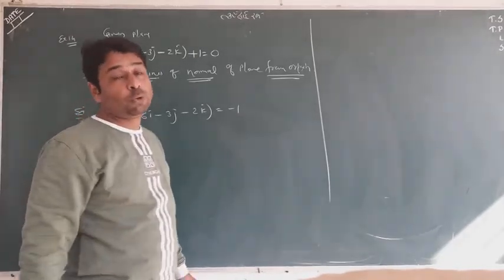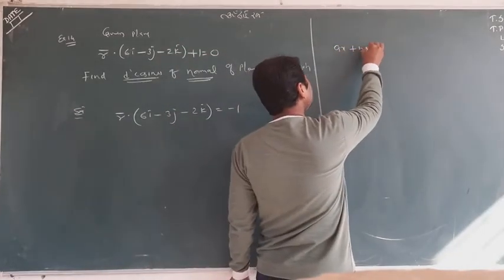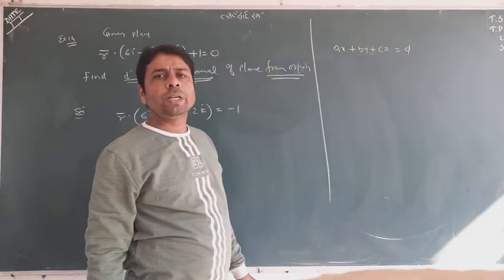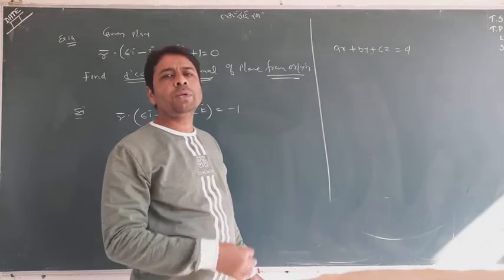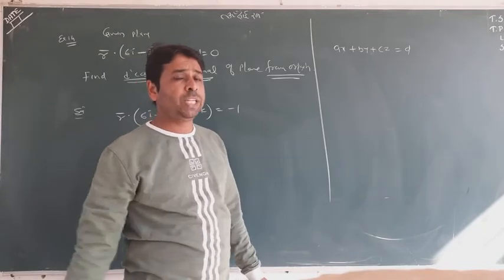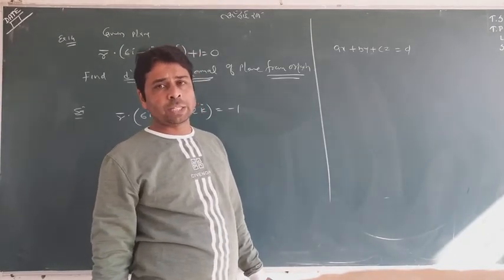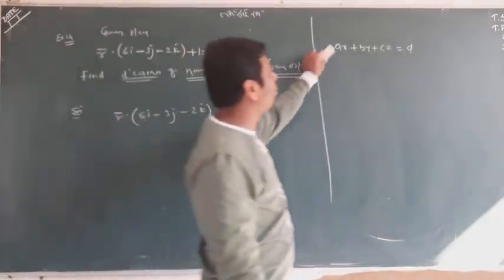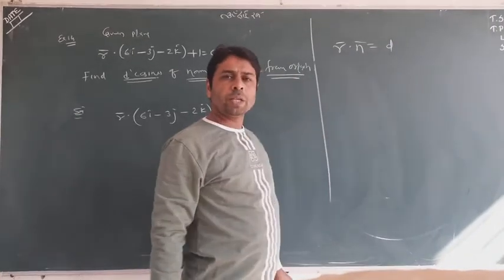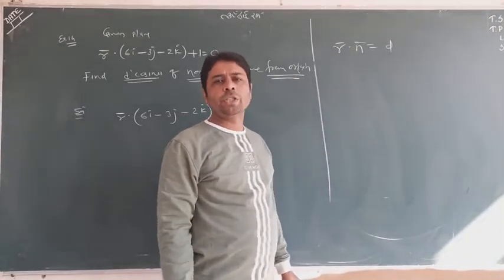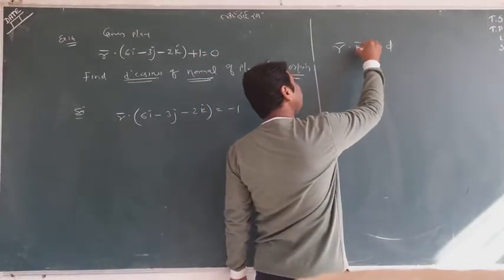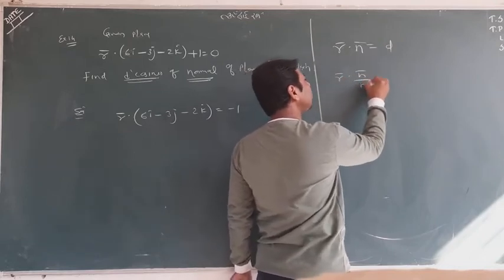The thing which I want to tell you: when ax plus by plus cz equal to d was there, it is a Cartesian equation in general form. How could we convert that to normal form? We divided by root over a square plus b square plus c square. But this was the procedure of the Cartesian concept. But this is now vector form. So let me tell you, if you have r dot n equal to d, this is only the vector equation in general form, and you want to convert it to normal form. What will you do? You have to make it n cap now. So you divide by the magnitude of n on both sides.